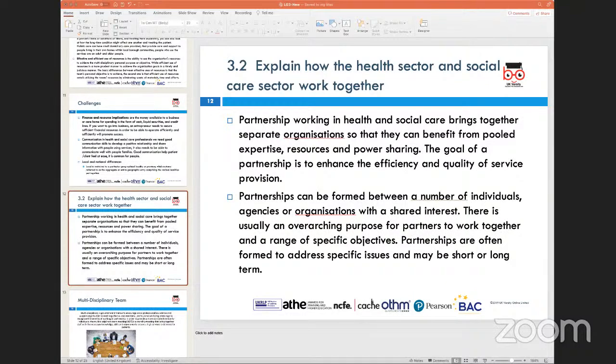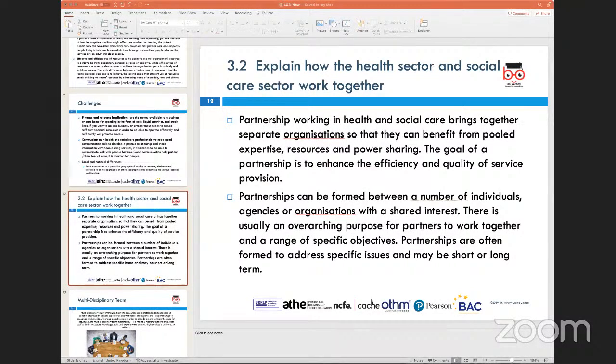Now, at some stage you get discharged from the hospital with a cast on and some medication. It'll take a couple of weeks to get better, and in order for you to be back on your feet, the social care sector comes in, social services kicks in. For example, an occupational therapist or a physiotherapist will visit you and help you do some exercises to get back onto your feet. There'll be support given by the council to ensure that you are able to meet your expenses or your daily needs. And this part would be social care services.